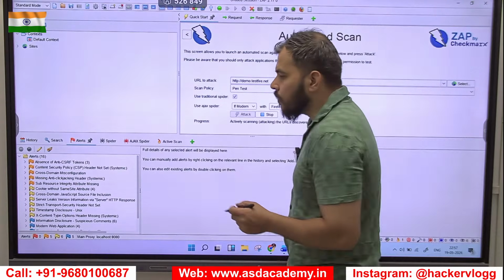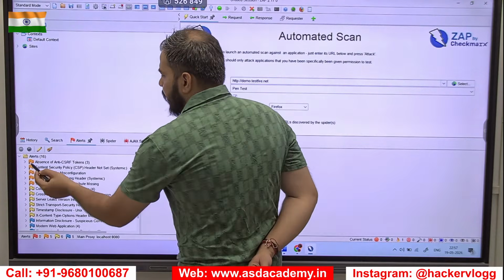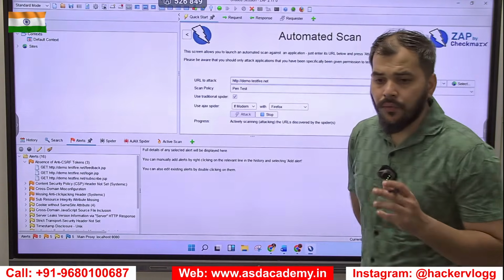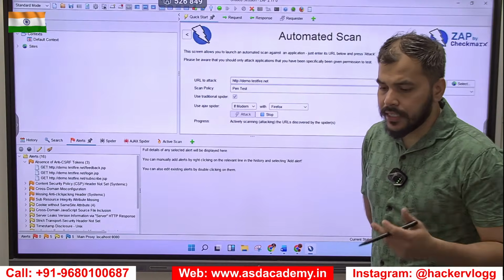Now let's suppose the first vulnerability is the absence of anti-CSRF token. Now, when you are reading this absence of anti-CSRF token,